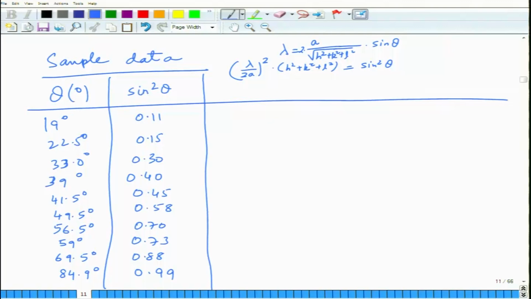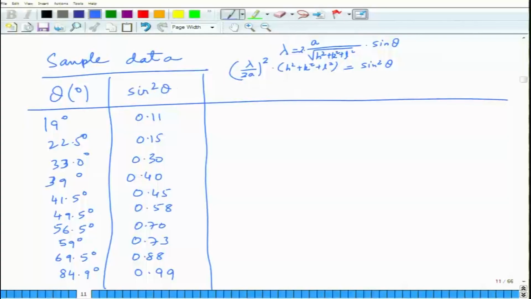Now, you need to convert these into integers. There are two ways of doing it. You can do it manually, or you can divide by the smallest number and then convert into integers. Okay. So, when you convert it into integers, you find out that it matches what we call,